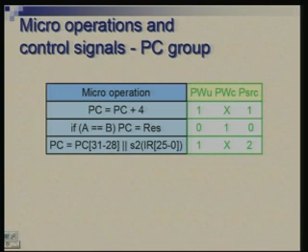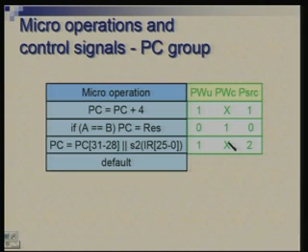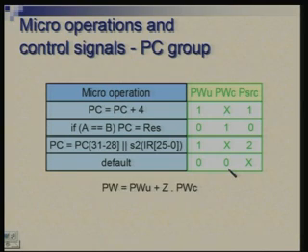Apart from these activities, I would also like to define what is the default value of these signals. When I am not doing any of these, what should I feed to these particular points. So, the default value should keep everything inactive. Therefore, both write signals are 0, and then of course, once that is the case, the source does not matter. So, I put an X here, and here is how PW is derived from PWU and PWC.